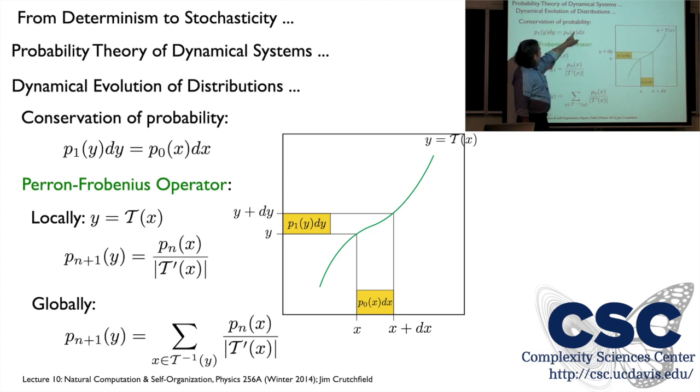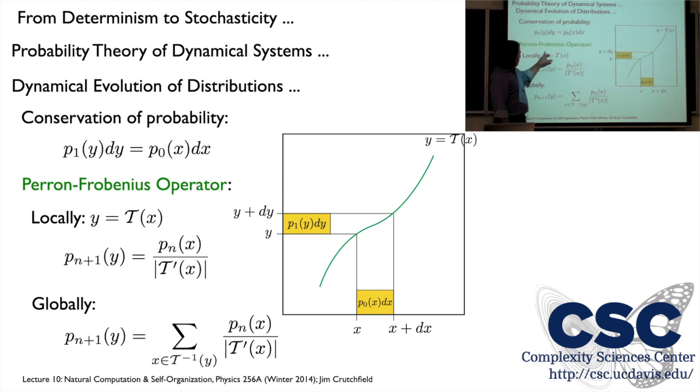So again, probability density times the dx, that's a probability number. Think of it as an area. Same thing here. Density times the dy, that's a number. Those are equal. Yellow is equal. Okay, so that's the idea. So how are we going to describe this mathematically? Well, we want to think about some operator that takes the current distribution to the next distribution. So the first way to do this is called the Perron-Frobenius operator.